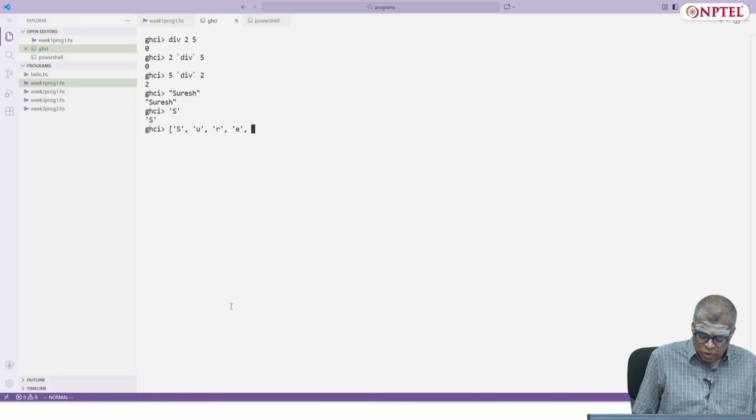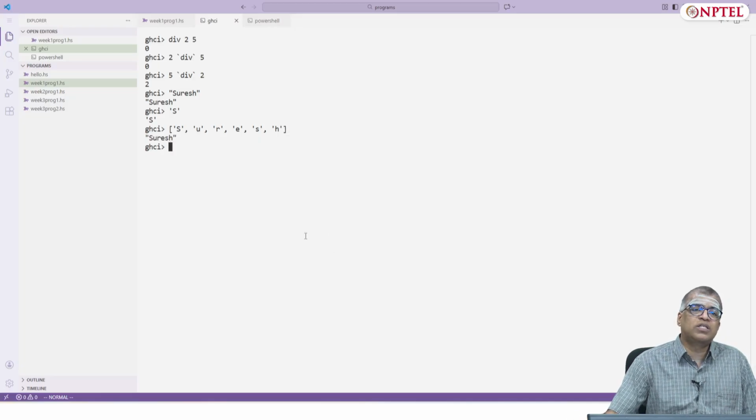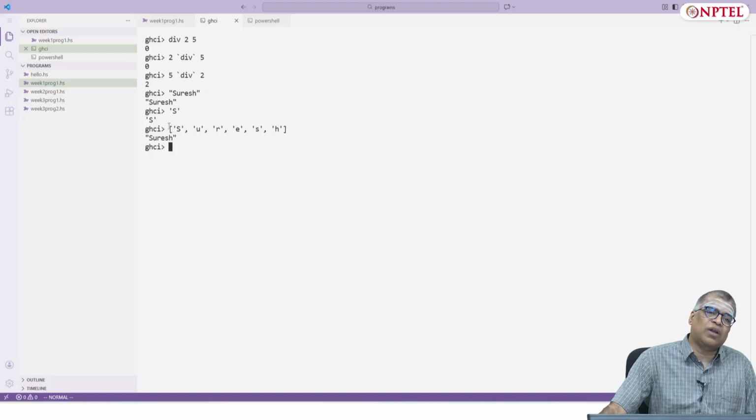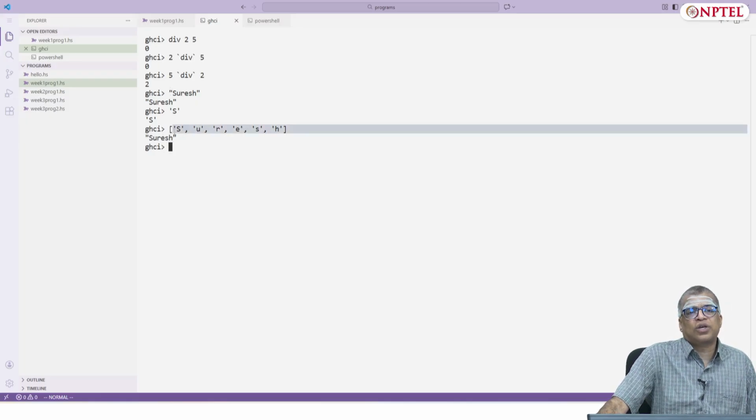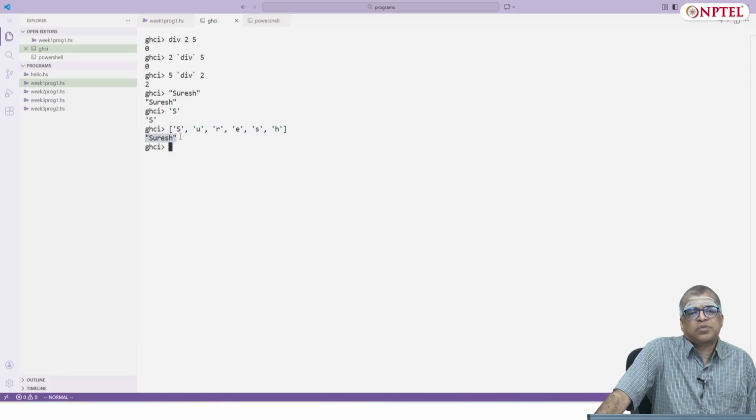List is one of the most fundamental data structures in Haskell. A list is written like this: you write a left square bracket, then list all the elements interspersed with commas, and then a right square bracket. And you see that here it's giving you Suresh within double quotes, which just means that a string is nothing but a list of characters.